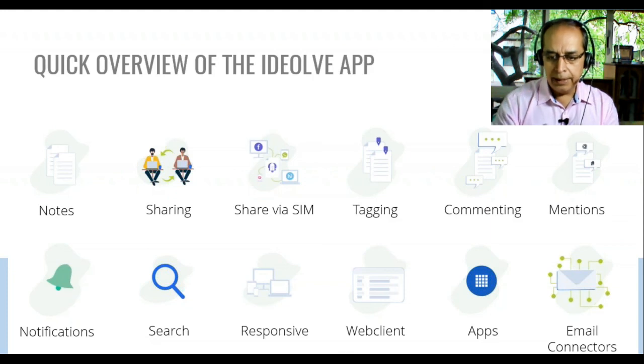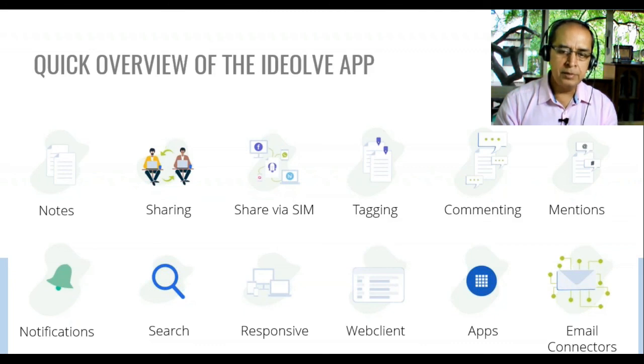Ideol is not meant to replace email. Email will stay as a notification and a communication system always. In fact, Ideol notifications are sent via email only. However, using Ideol in combination with email improves the productivity of not just the user but the team as well. So we are talking about Ideol as an add-on app.